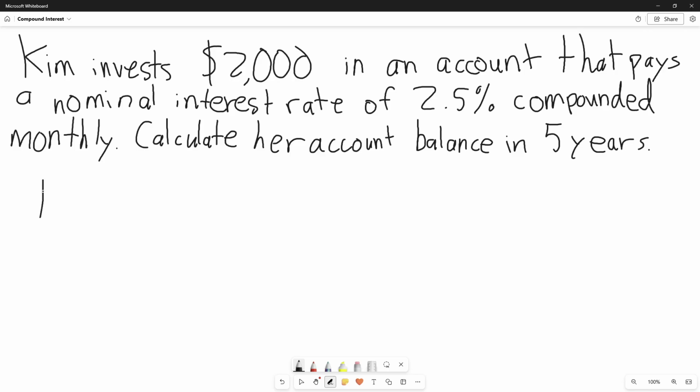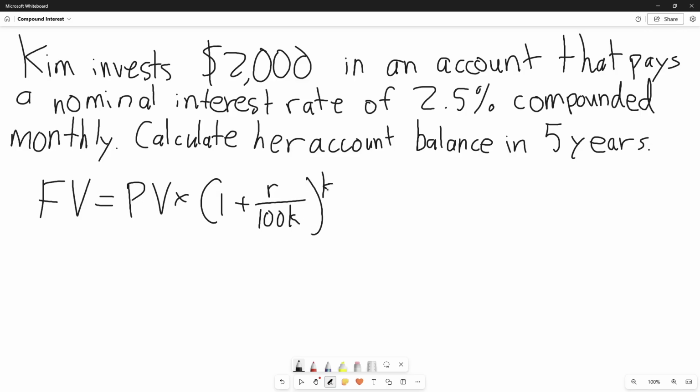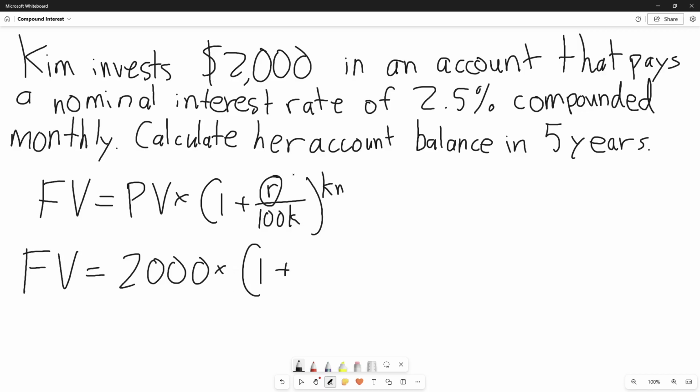So we can just write the formula first. So future value equals present value times 1 plus R over 100 K, to the power of k times n. And again, this is in the formula booklet if you do IB math, so you don't need to memorize this. So we're calculating the account balance in 5 years, which means that we're calculating the future value when n is 5. So future value equals present value 2,000, because that's our initial investment, times 1 plus r, and r is